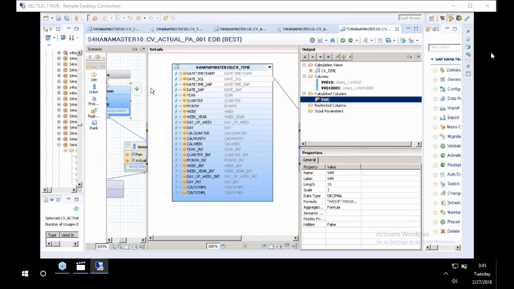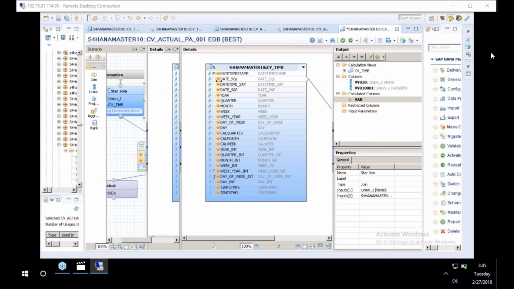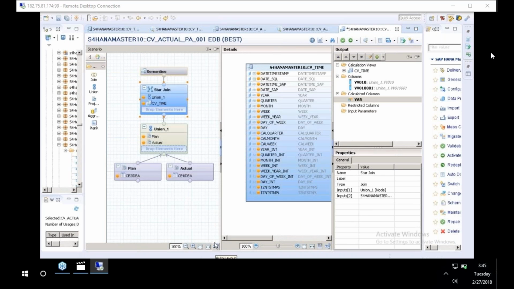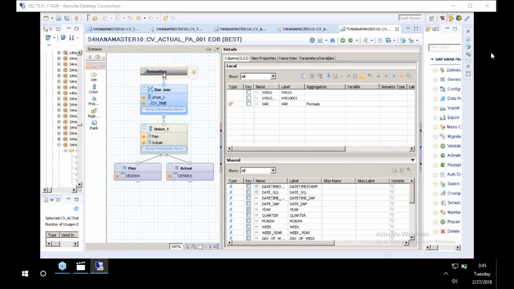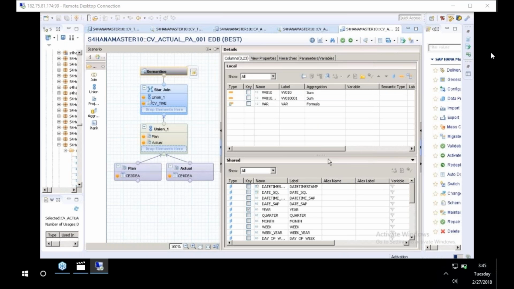Click on semantics. Now this is the final. Here you see there is something called auto layout. If you click on auto layout, automatically the objects get arranged. Click on semantics. Click on validate. And finally click on save and activate. Select the request and click finish. So once you click finish,